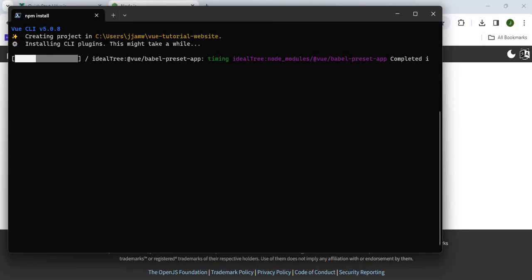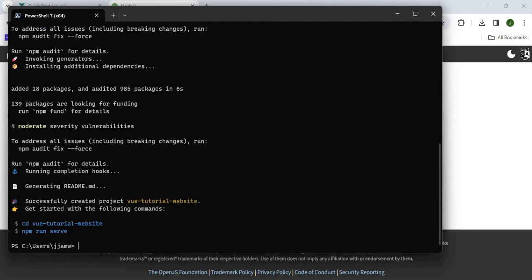So we will let that do what it has to do, and then we can go about exploring the Vue.js files, and also look at making some changes to the default template that is created for us. All right, so